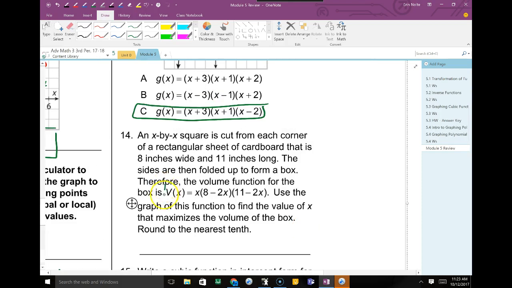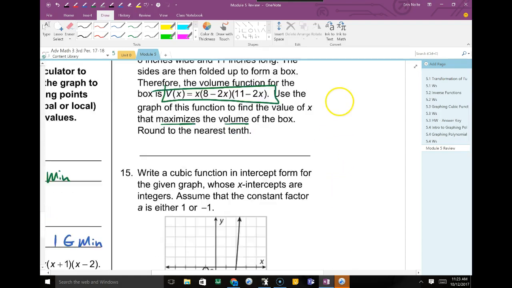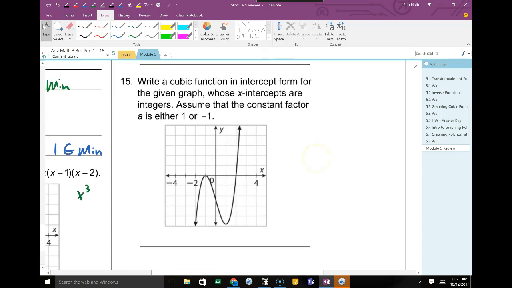Oh, they even give you this equation. Look at that. Volumes, maxes. Graph in your calculator. Find your max, right? You got it, you got it. Okay,